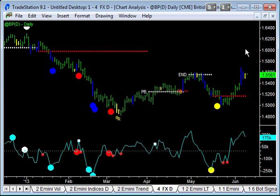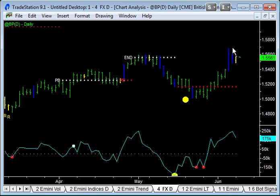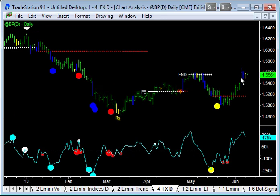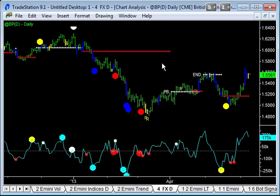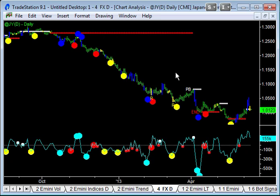Pound, same thing. It's one of these exhaustion moves here. Blue professional bars Thursday, Friday, and we're in a little bit of a congestion zone. They're waiting for information to decide which way this is going to go. But I think it was all triggered off this yen trade because there was so much money invested in this going down. As soon as it started to ratchet back, all of a sudden it triggered stops and bang,